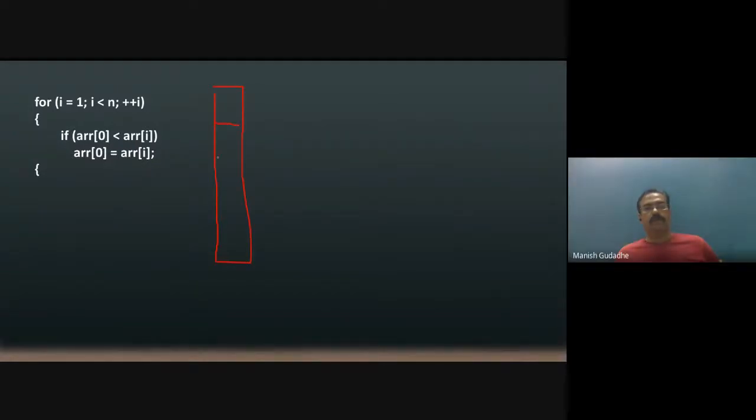Now it is becoming visible. Is it visible to everyone?